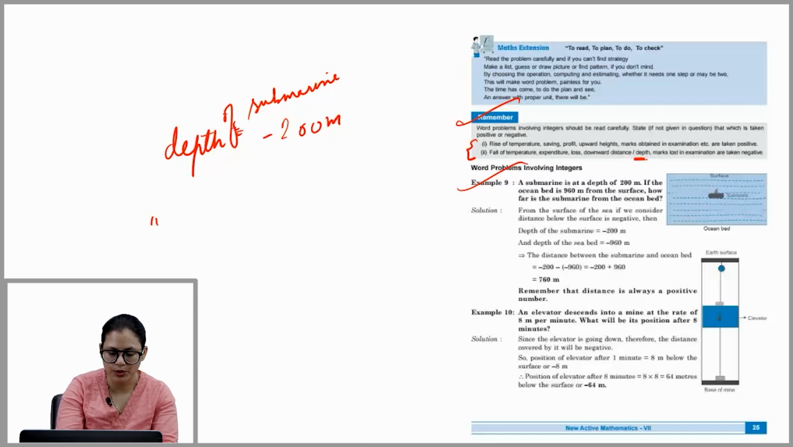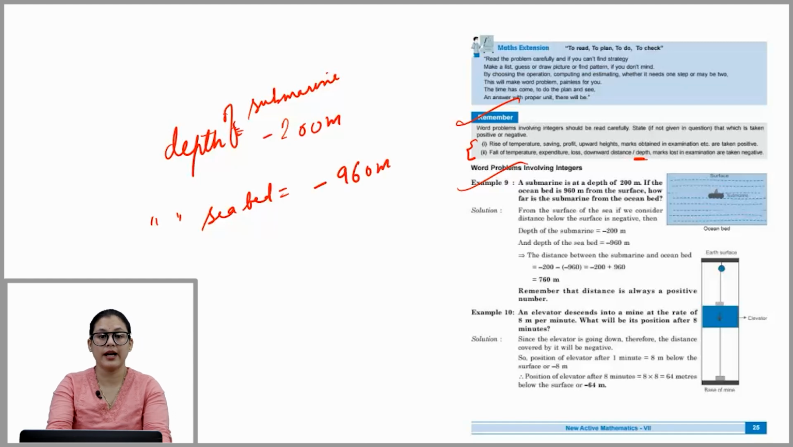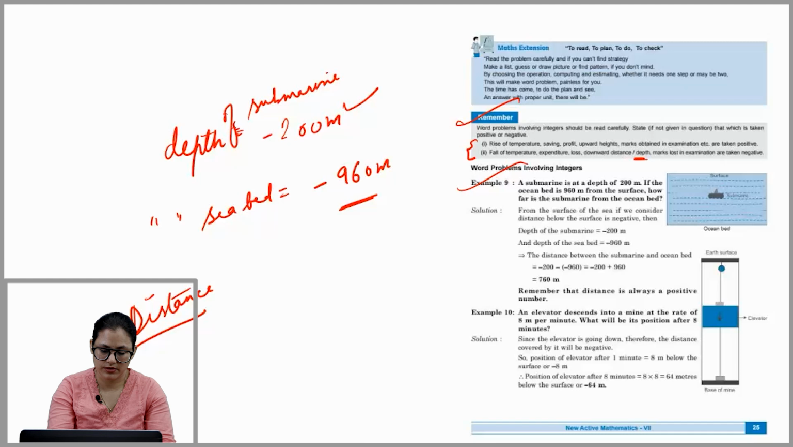Okay, and depth of seabed is what? Minus 960 meter, and what you have to find out is how far is the submarine from the ocean bed. So how are you going to find the distance? You will subtract this one from this one. So minus 200 meter minus